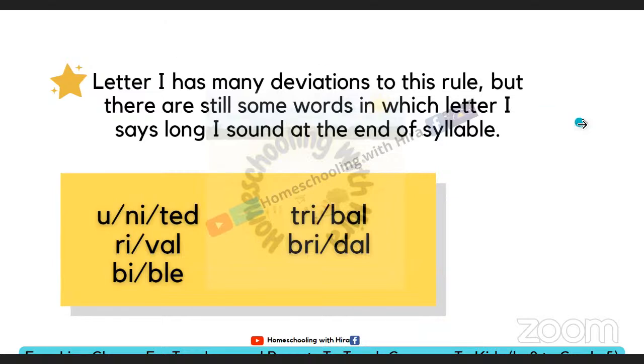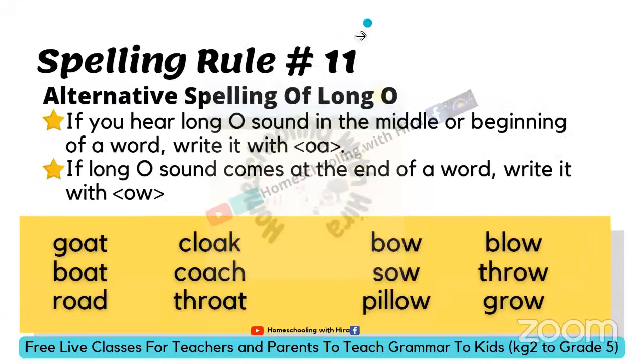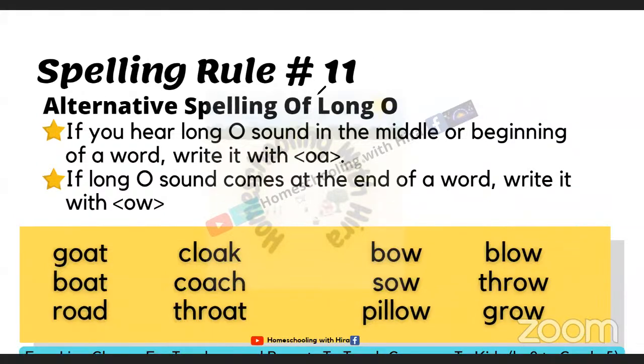You don't need to teach this rule to kids, ठीक है? Unless you're teaching them specifically all the English spelling rules, ठीक है? Explicitly all the rules. I gave this information to you. If you want to learn, go ahead. Spelling rule 11. Oh, sorry. We are not going in this sequence. Sorry. Okay, alternative spelling. I'm not teaching the alternative spelling rules, but देख लें, अब आ गया तो देख